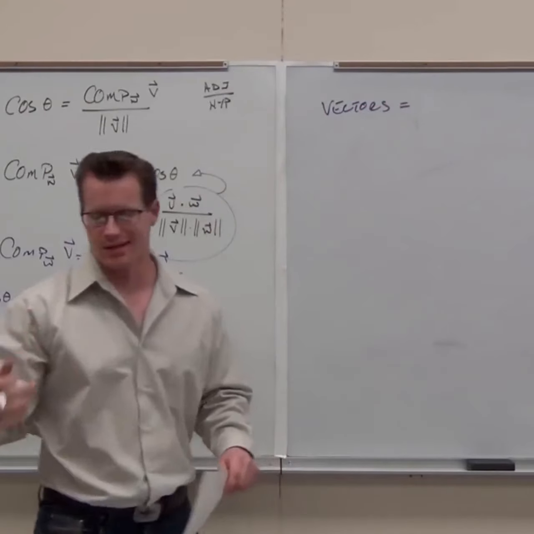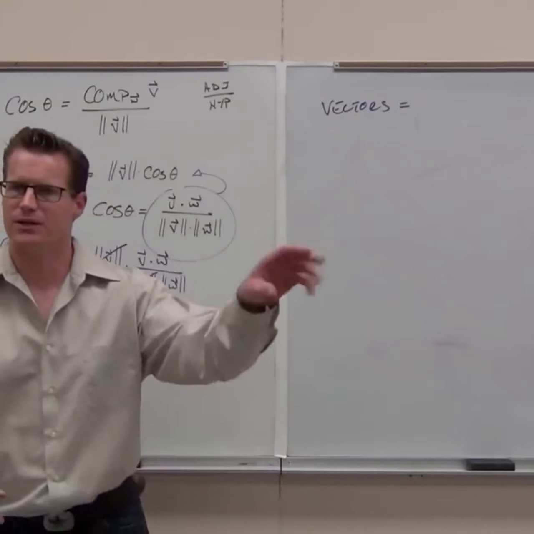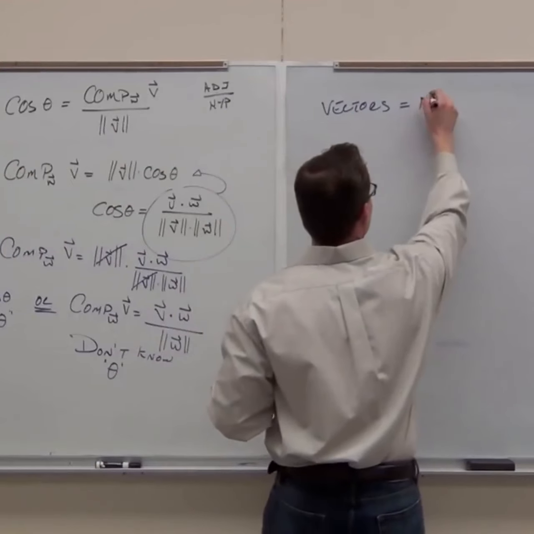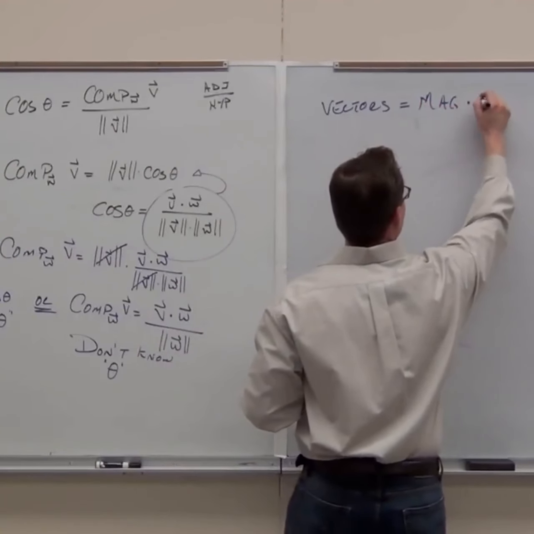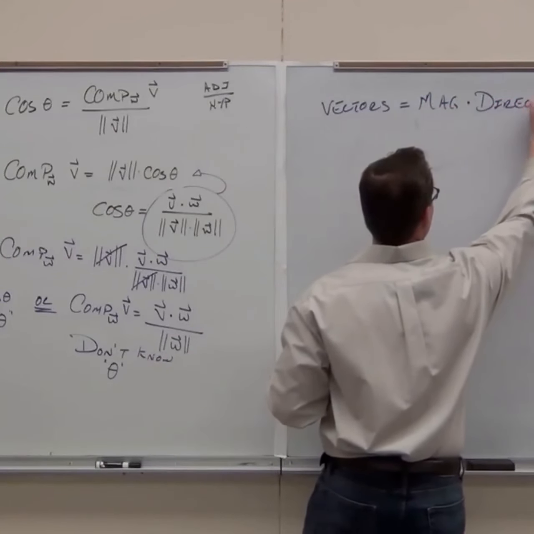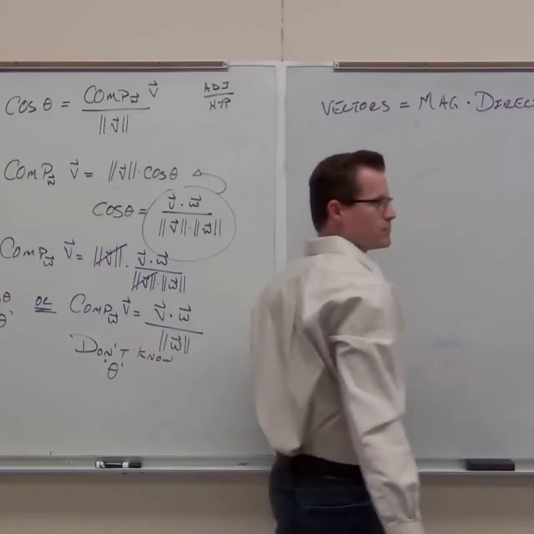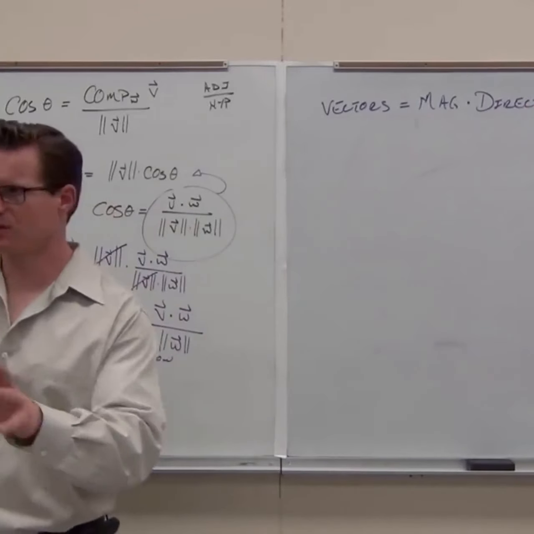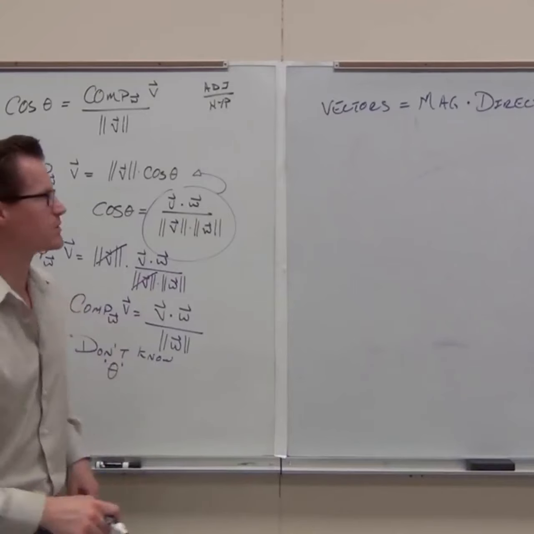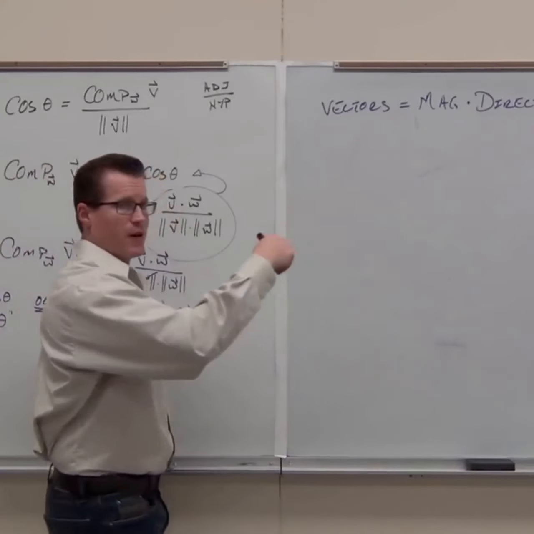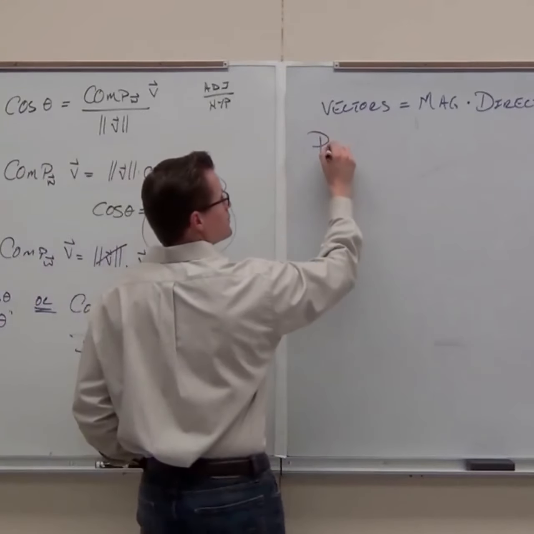You know, in the most basic sense, vectors are really just a magnitude times a direction. Here's what we know. So this is a little proof about getting to vector projection. So if I'm looking for the actual vector projection,